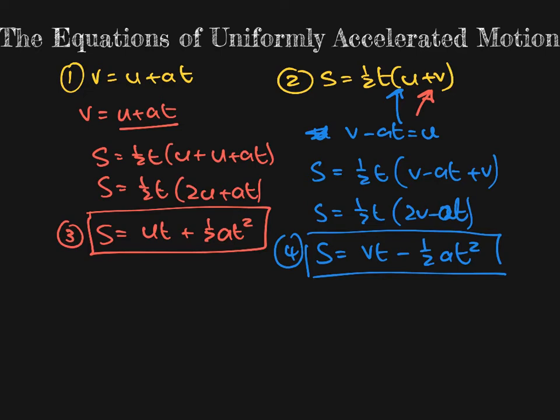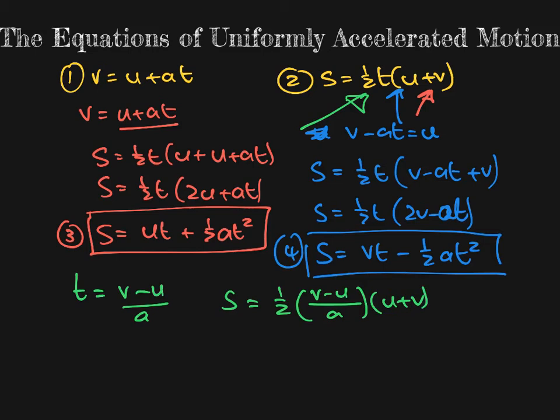And finally, we are going to rearrange the first equation to say t equals, this is a little bit harder, and stick that into the second equation where it says t. So we have v minus u is at, so divided by a is t. Then we're going to stick that into the second equation, s equals a half t (u plus v). I'm going to multiply both sides by 2, giving 2s equals (v minus u) over a times (v plus u), writing v plus u actually instead of u plus v. Multiply both sides by a,